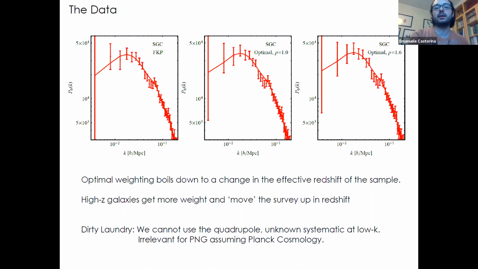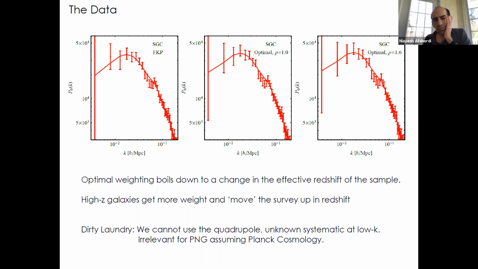Since we know that Planck has set a very strong bound, and we do not expect eBOSS to be constraining at that level of accuracy, that was okay. In the future, this is going to be a huge problem, because how do you know if there is really an FNL of 1 in your data and you're just removing it because you don't think there should be any? We likely didn't have to deal with that yet here, but it's going to be very important in the future. And I think there are a lot of people pushing, in fact, to do blind analysis